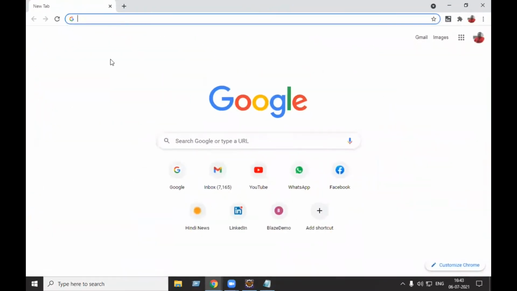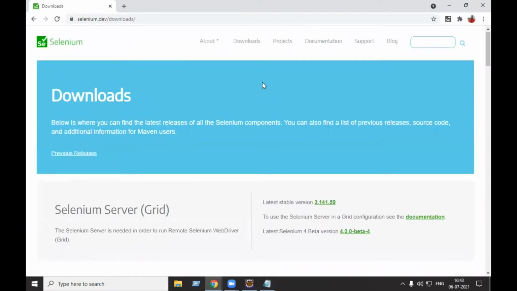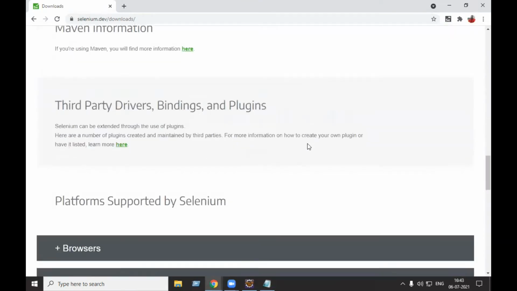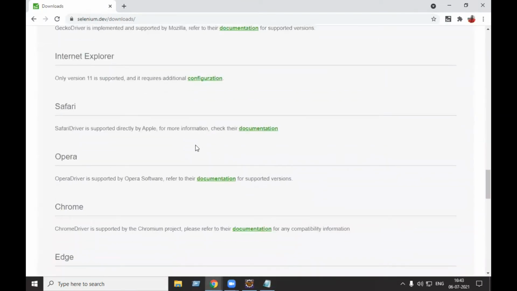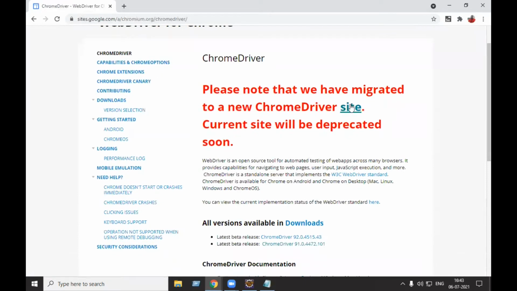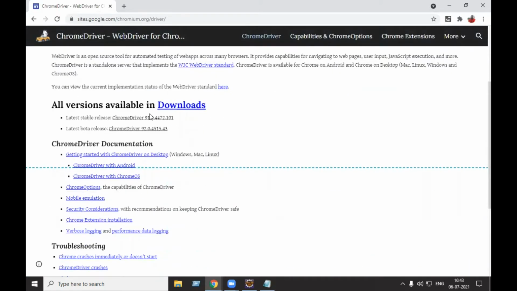See, it is available on selenium.dev, and in the download section, you will go a little down, and here in the browser section, see there will be the Chrome, and on the documentation you are going to click, and if you click on this site, it will open the website where it is going to have the driver. See, they have given links to download the Chrome drivers. ChromeDriver 91, this is the stable version. Beta is non-stable. So the stable version is 91.